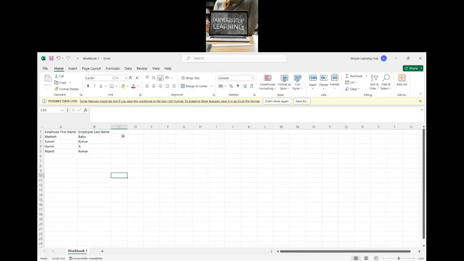Ajesh Kumar. Yeah, fine. Now, employee first name, last name. Now what we'll do is we'll make it an employee full name. Apply the formula for concatenate. It is equals to,